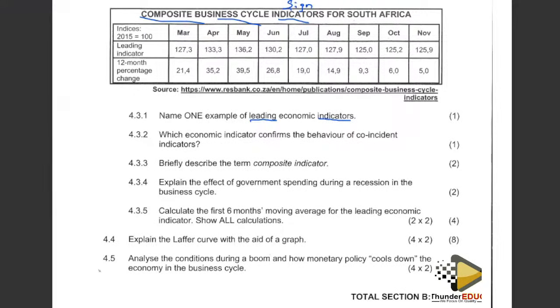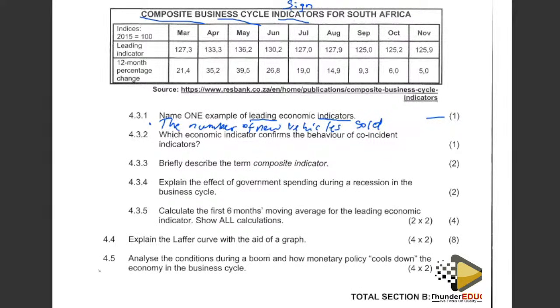So now here we're actually saying that we have what? The number of new vehicles sold. So 1 point because of 1 mark. So now let's move on to the next question, which is